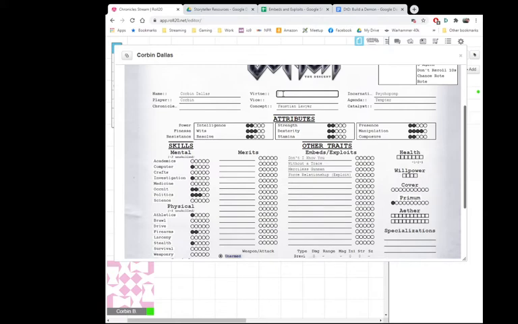Like giving to charity. If you gave to charity in a scene, instead of using the money to bribe someone, that would be a virtuous thing, and that would get you all your willpower points back. But my guy's vice is definitely making